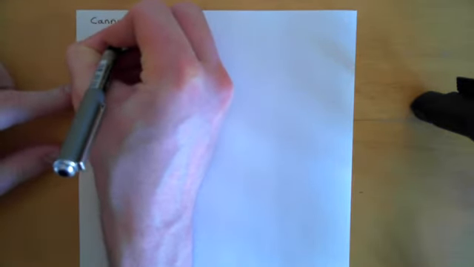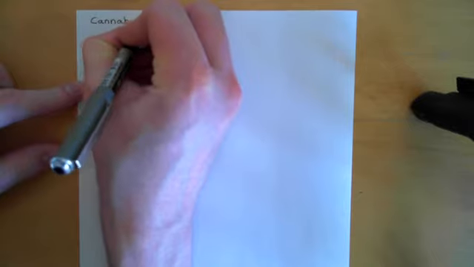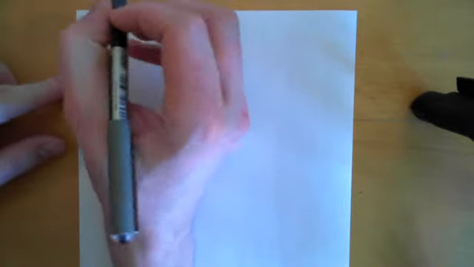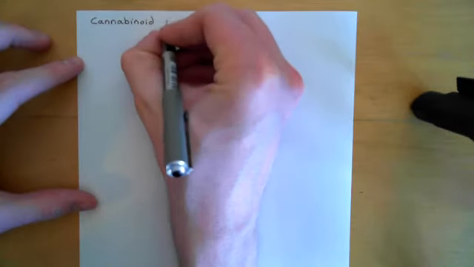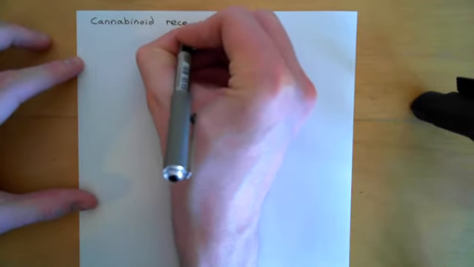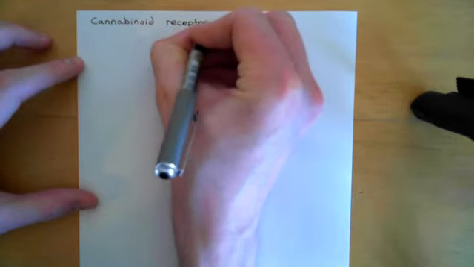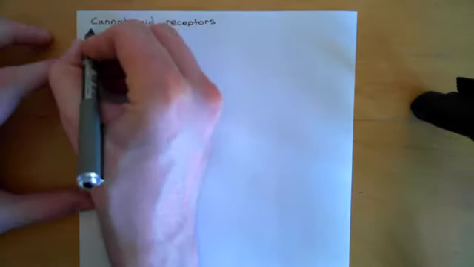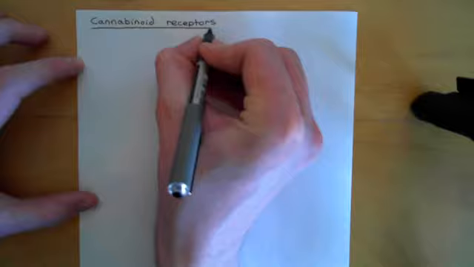So there are two main cannabinoid receptors now, and there are a bunch of cannabinoid receptors that haven't yet been fully described as cannabinoid receptors, so it's not fully agreed as to whether they are cannabinoid receptors yet. So there are a bunch of putative cannabinoid receptors as well. We're only going to discuss the main two cannabinoid receptors that everyone can agree on. So cannabinoid receptors then. There are two.